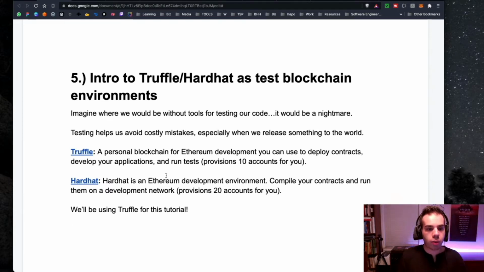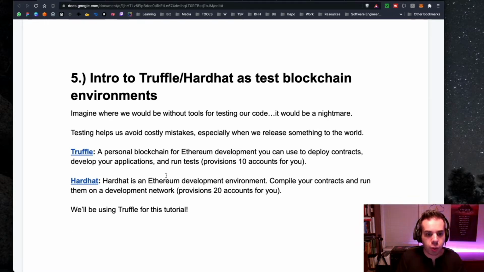So anytime you're dealing with money, you just want to make sure that you're testing and optimizing and making sure that you're not going to be running into hidden costs, that you understand how much it costs to deploy something. You understand really what you're going to be doing and how your users will be interacting with your system. Especially as you write contracts to the blockchain, you want to make sure that you're setting up your users and your network for success.